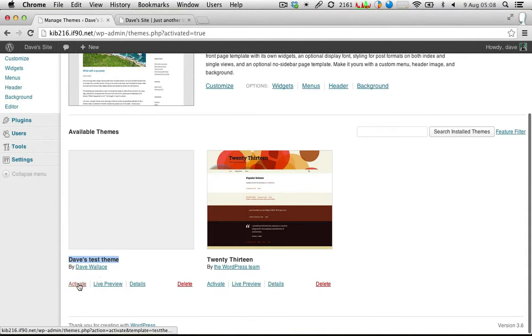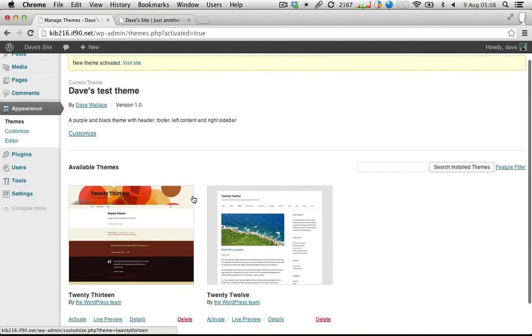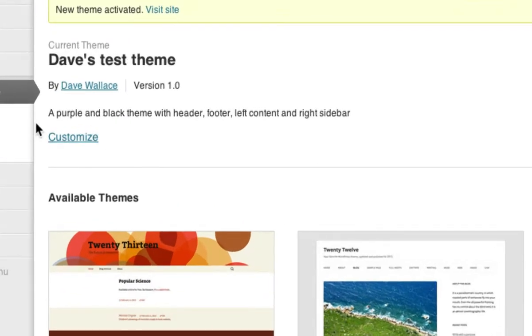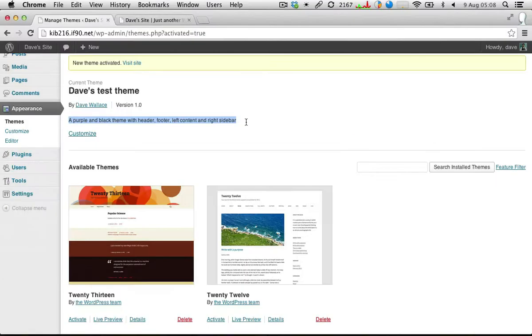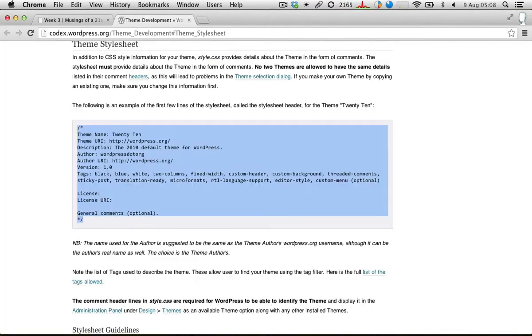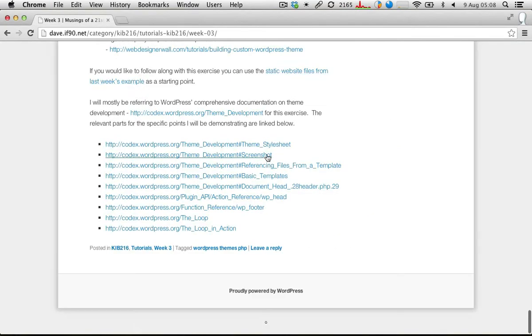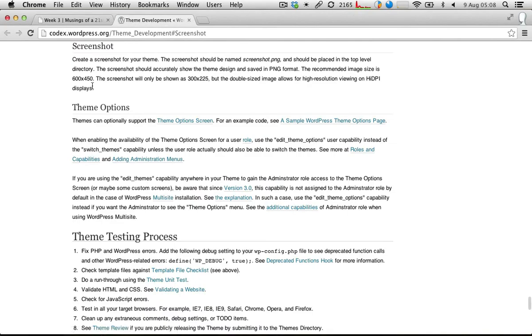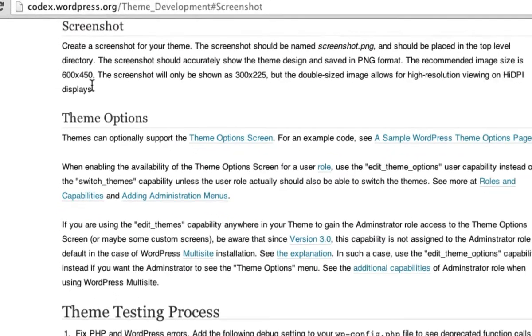Okay, and if I were to activate this theme, I should see more information here, including the description as well. Now the one thing that I don't have is a screenshot, and that's quite simple to add. Again, I've got a link here to the relevant part of the documentation, and it tells us that essentially